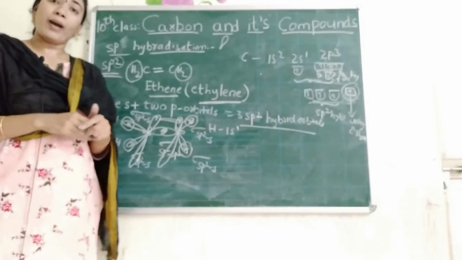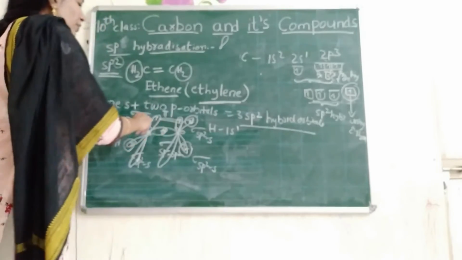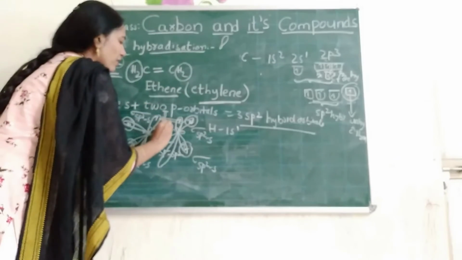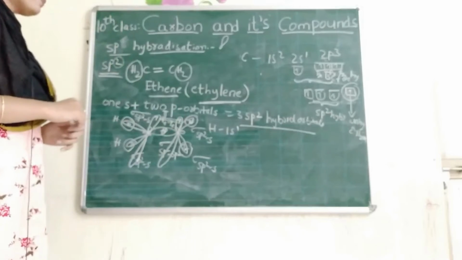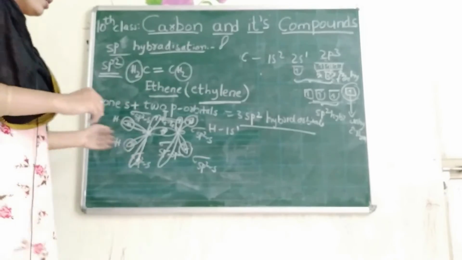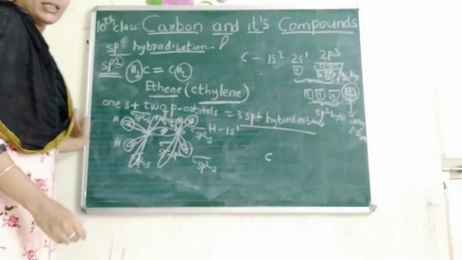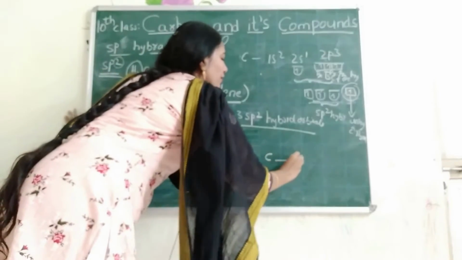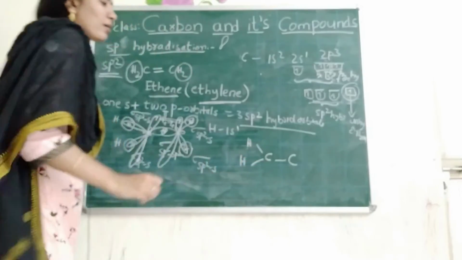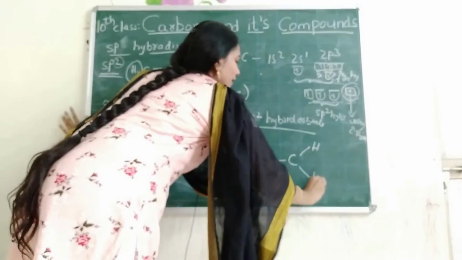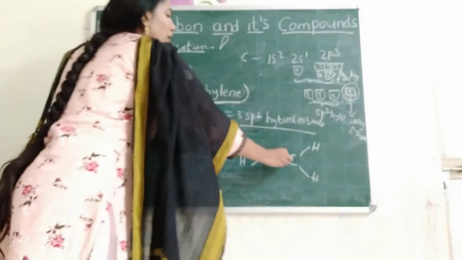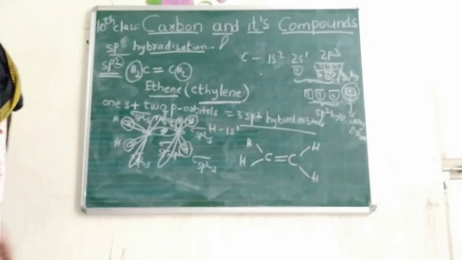This will lead to which bond? Pi bond, isn't it? Pi bond. The pi bond is between pz and pz. I am considering pz here. You can consider px also. So the pi bond is between the pz and pz orbitals of the carbons. So this is about the sp2 hybridization in the ethene molecule. In general, this is one carbon, isn't it? The carbon forms one sigma bond with this carbon and two sigma bonds with the hydrogens. This carbon also. And there is one unhybridized orbital on this carbon and one unhybridized orbital on this carbon. Both are involved in sideways overlap and form a pi bond.